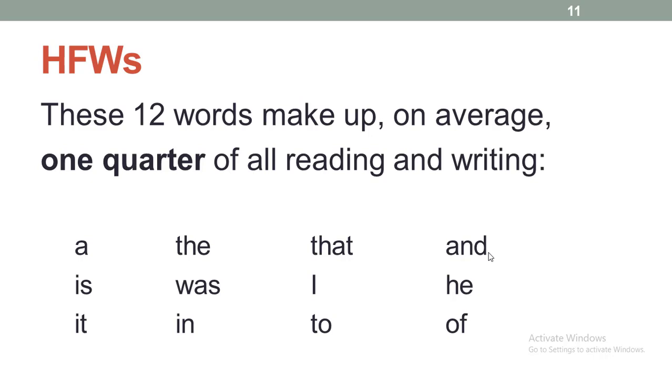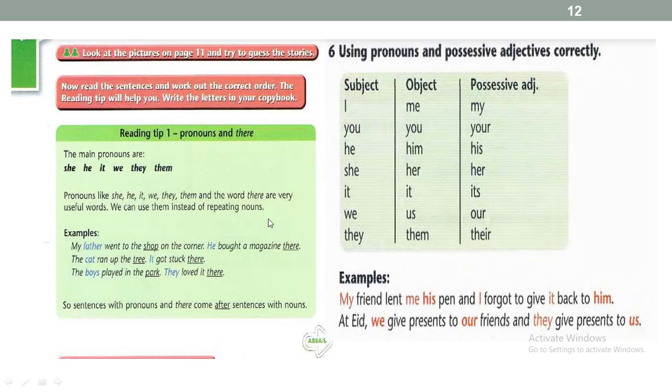There are several lists. You can find them online. You can print them and hang them on a wall in your classroom, so students can come back and read them frequently. There are about 100 high frequency words, the words that are repeated. Of course, in any reading, look, it says a quarter of all reading and writing. For example, we see the repeated ones in many